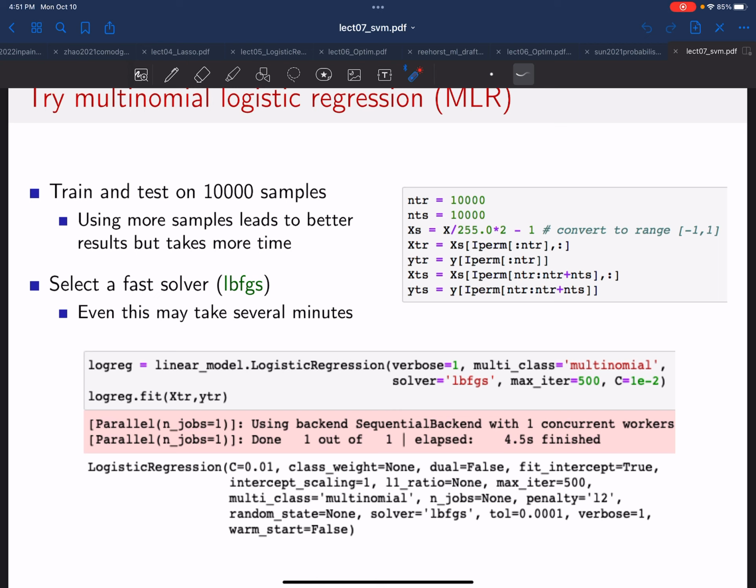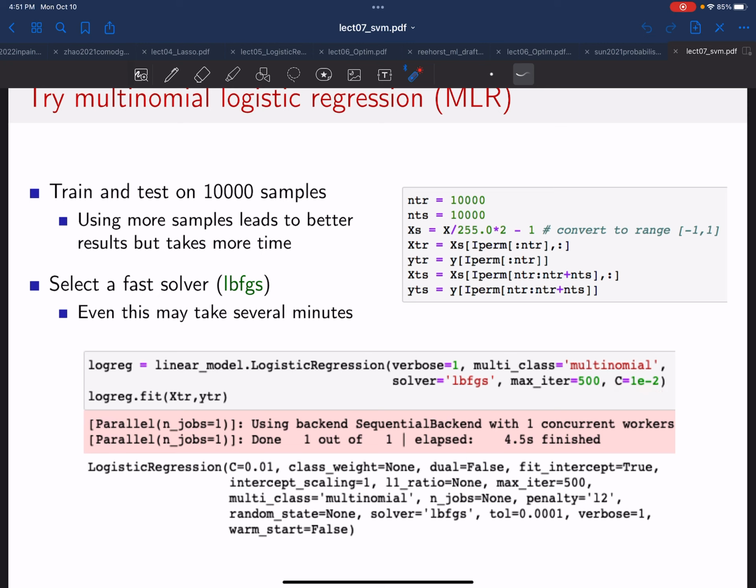Okay. And so now that we have our training and test, we can just go right to sklearn. We can instantiate our logistic regression model. In this case, we chose to do true multinomial logistic regression. We chose this solver, LBFGS, because it's one of the faster ones for this application. We're going to let it run for 500 iterations, and we're going to choose the